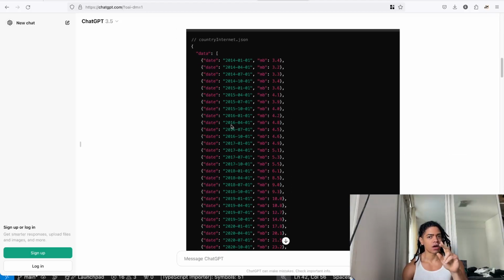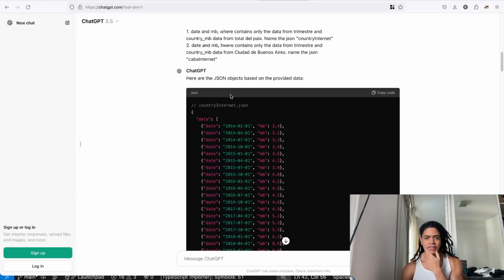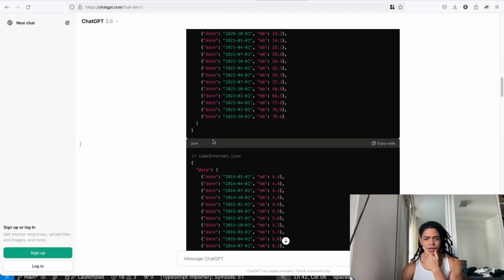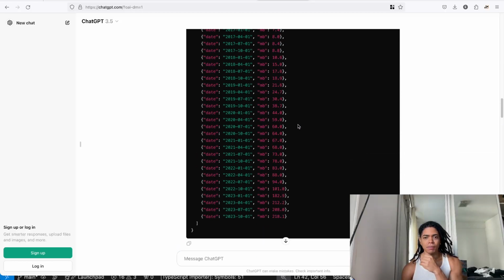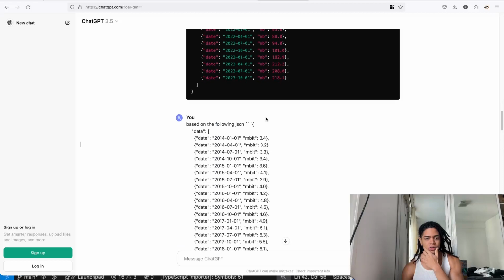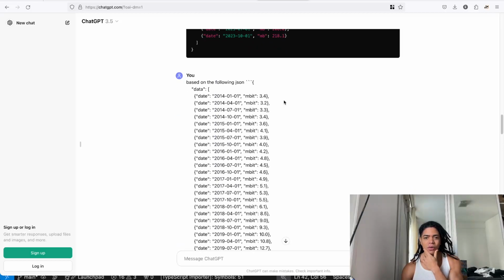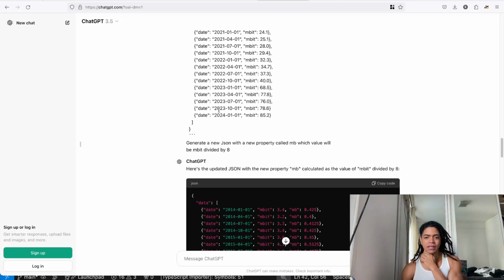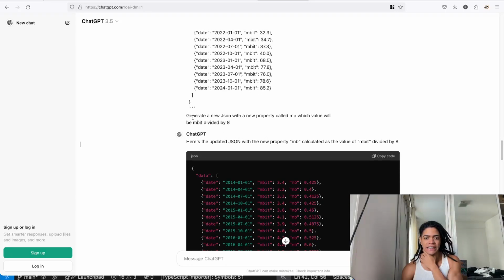I also take a look to see if it's generating in the proper format. So I inspect that. This data is from the rest of the country, and this data is from CABA. But because this data is in megabits, we want it in megabytes. So I tell it, generate a new JSON with a new property called MB, whose value will be megabits divided by 8.